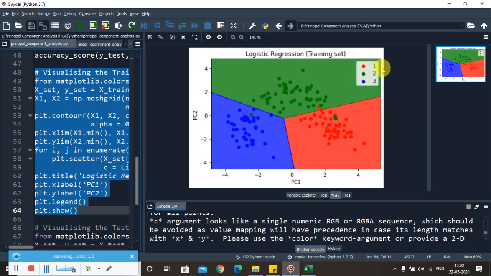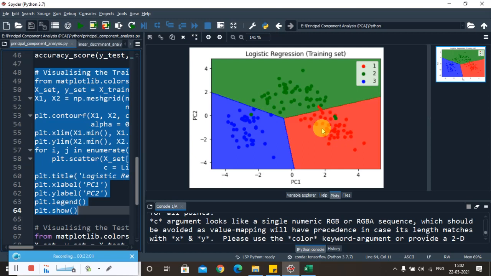Also, we can see a few incorrect predictions. You can see some green color in the blue region, red color in the green region, and also some green in the red region. So these are a few of the wrong predictions made. Now we can also try to overcome this by applying other dimensionality reduction techniques, and we are going to learn that too.